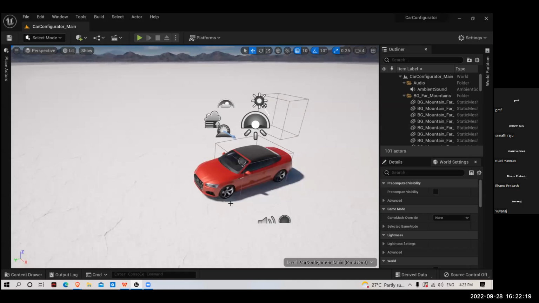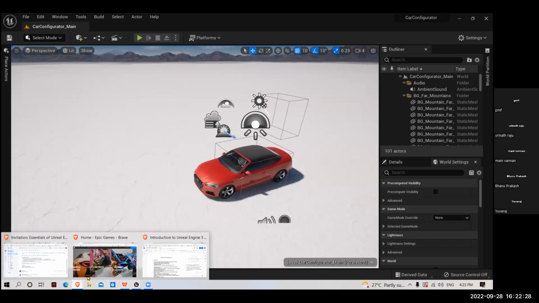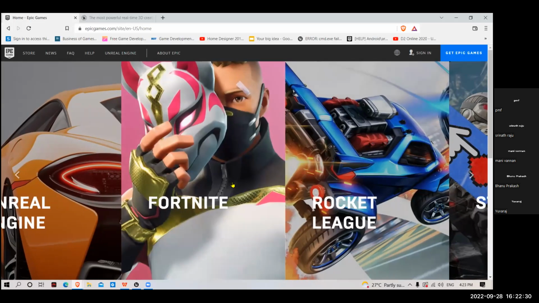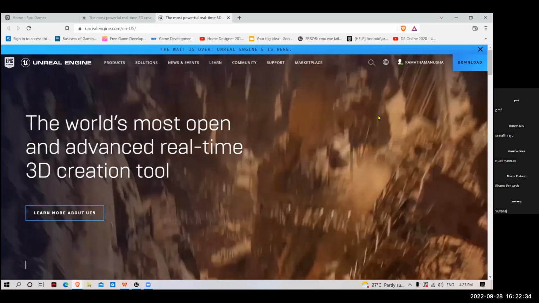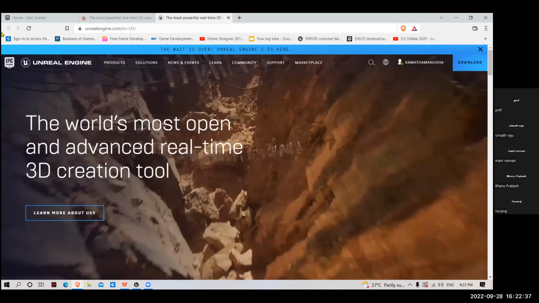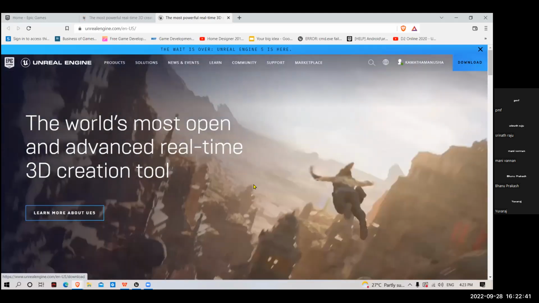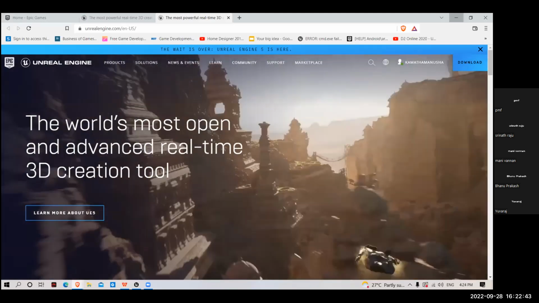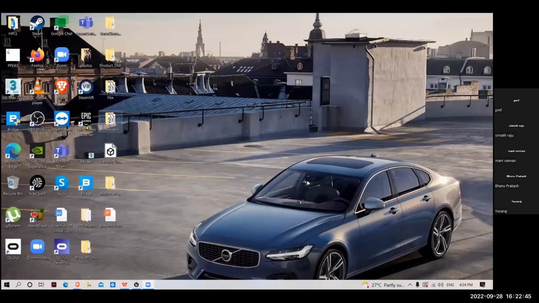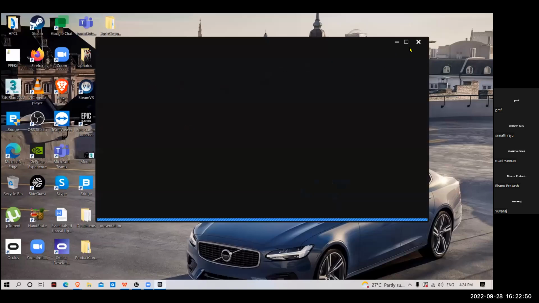To get started, firstly we have to go to the Unreal Engine website. Here you can see the Unreal Engine website. You can download it from here. If you click on download, it will download, and once you have installed it, you will get an icon on the desktop. If you double click on this,